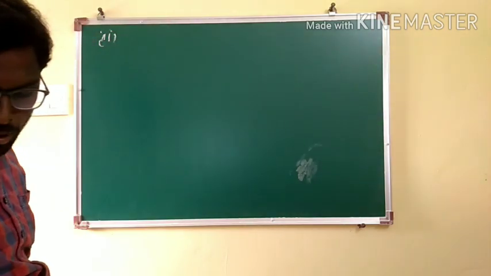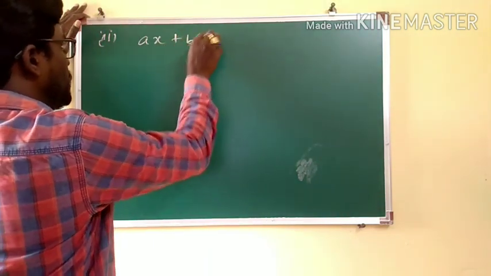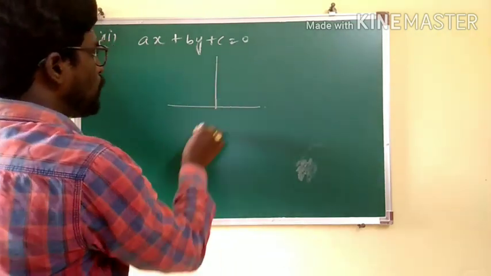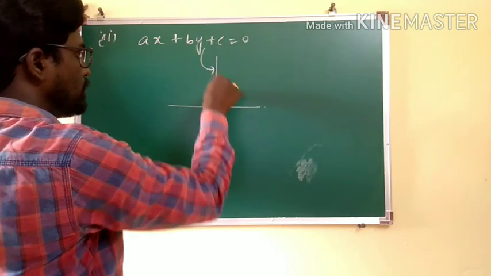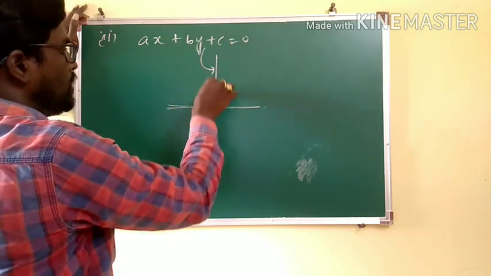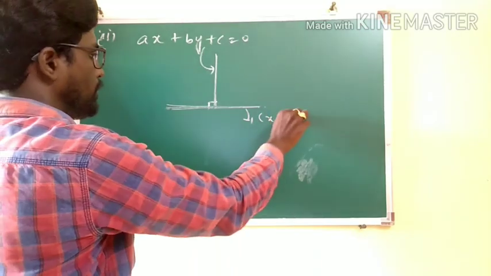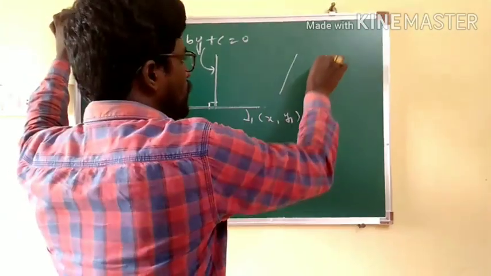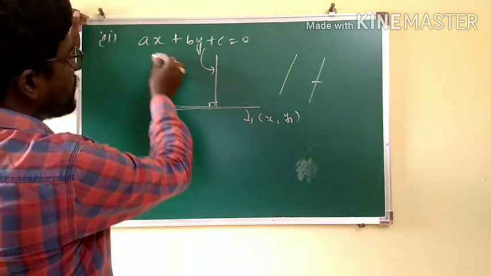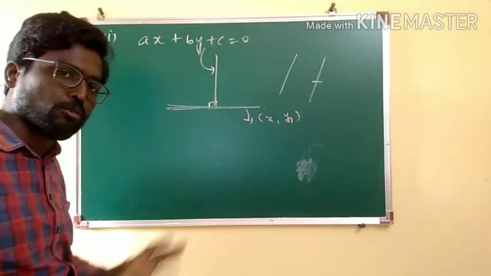Now we'll go with the next important case, when you are given some line, let's say ax plus by plus c equal to 0, and we want to find the line which is perpendicular to this line. For example, this line is given, and the required line is perpendicular to this particular line and passing through a point x1, y1. In the previous case we were talking about parallel lines. Now I am talking about the perpendicular line for ax plus by plus c equal to 0. Then what is the general approach, you tell me?